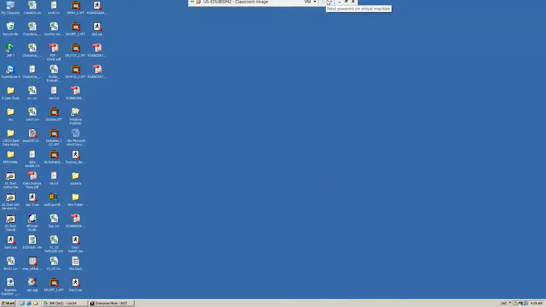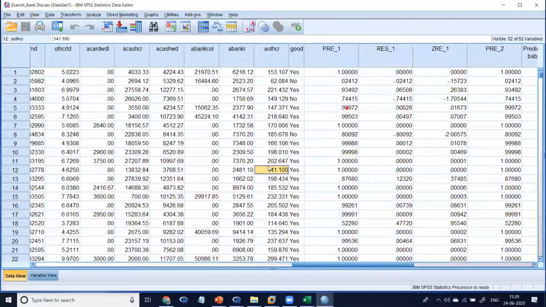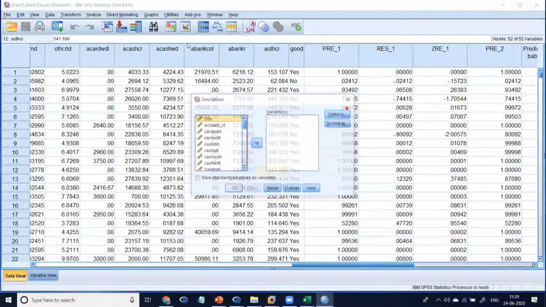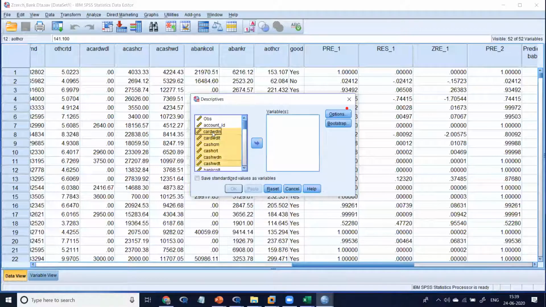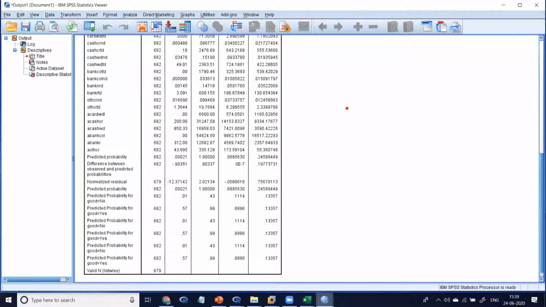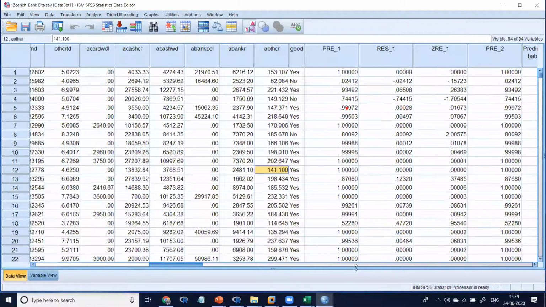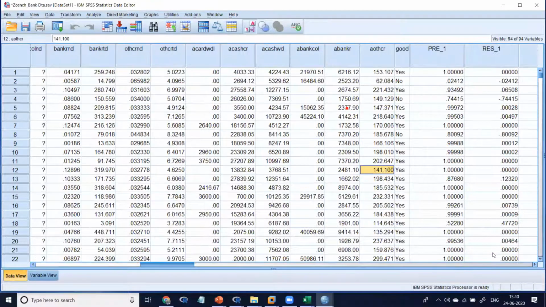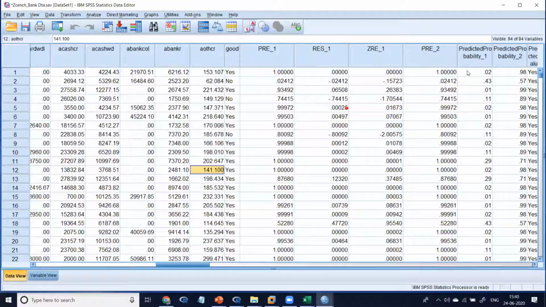Come down. First, the easy tool: come to this tool, go to analysis, take descriptive statistics, take all the numerical variables, select them, save standardized, run it, and your entire data is converted into rescaled form.